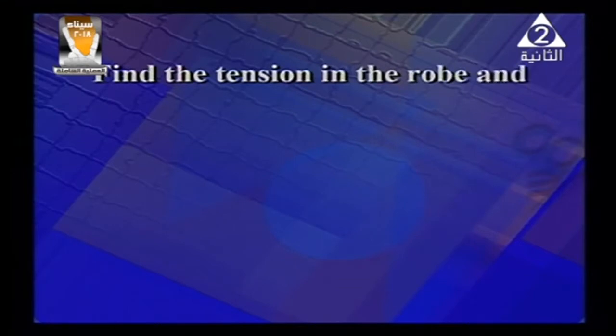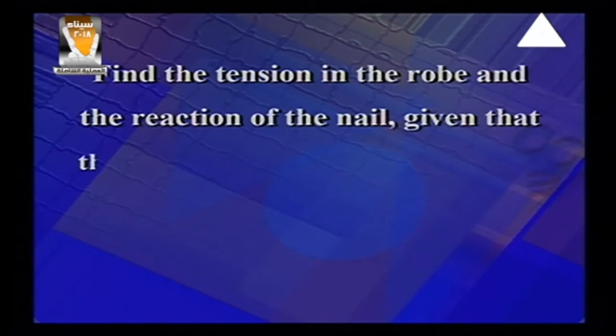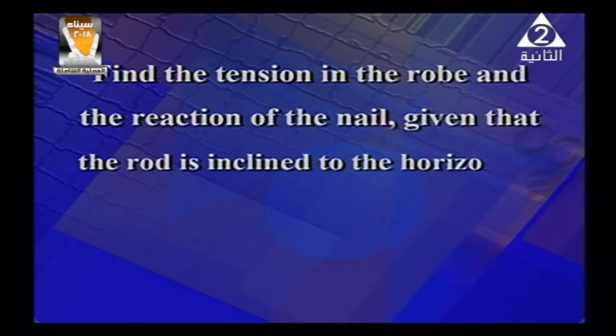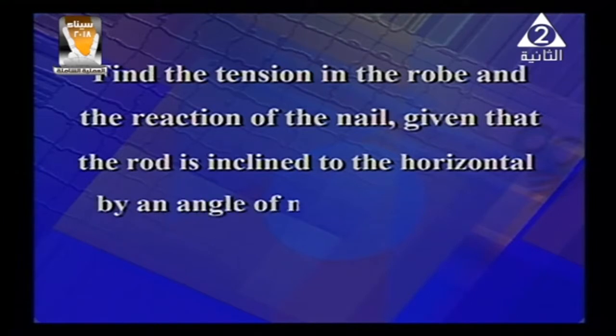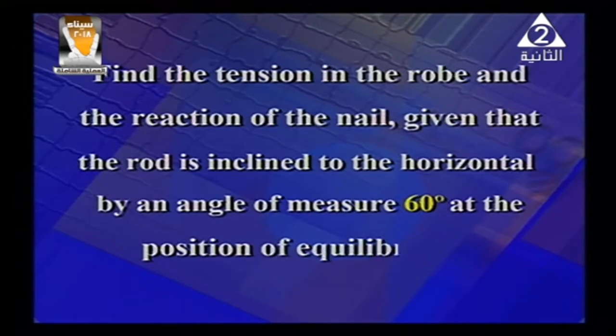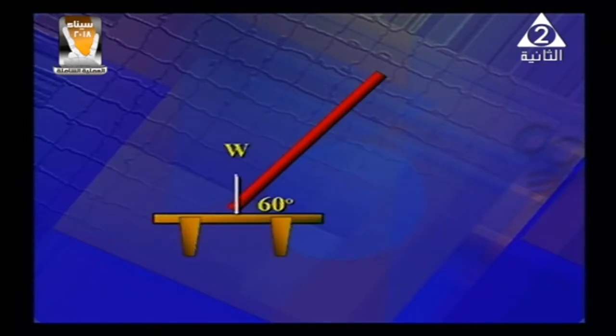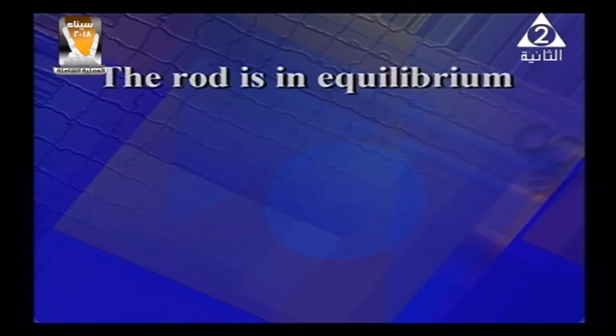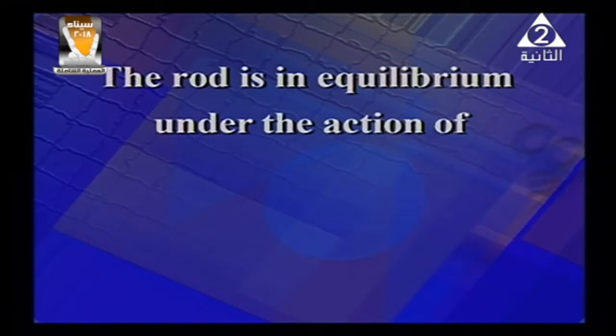What is required? Find the tension in the rope and the reaction of the nail, given that the rod is inclined to the horizontal by an angle of measure 60 degrees at the position of equilibrium. Look at the solution. Dear student, the opposite figure shows that the rod is in equilibrium under the action of